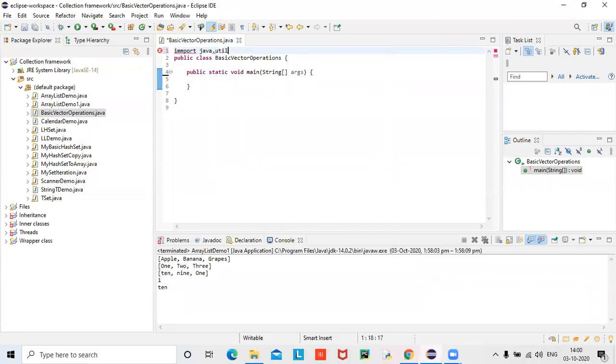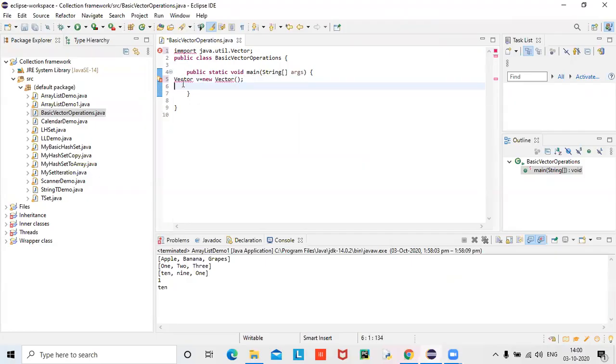You can write like this also. Only exclusively vector I want. Create an object for the vector class. Vector v is equal to new vector. Okay, object is created. Any mistake?